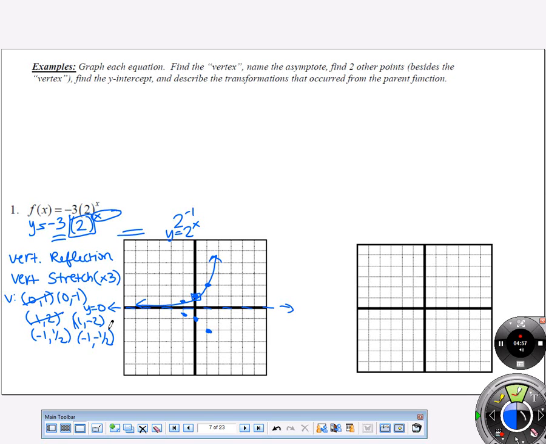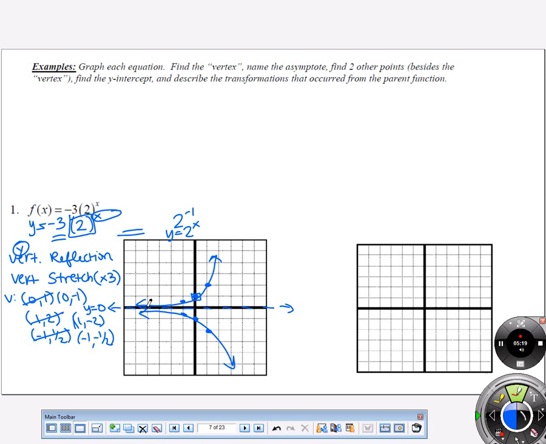So doing the points might actually help some of you that struggled before with the transformations. If you know it's a vertical reflection, you know it's affecting the y coordinate of the points, and you can see that all the x coordinates of our points stayed the same, and all the y coordinates got changed to the opposite when we did a reflection, like they got multiplied by a negative. Okay? All right, so now our graph